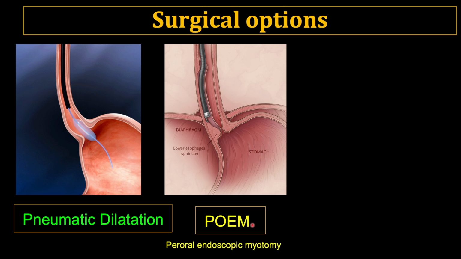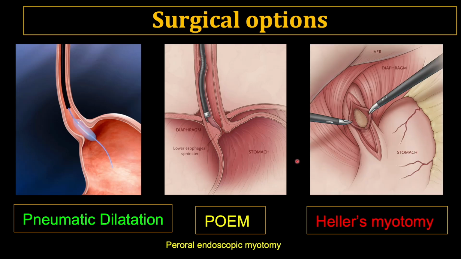Peroral endoscopic myotomy is an endoscopic procedure where a submucosal tunnel is made with the help of an endoscope and the lower esophageal sphincter muscle, made of circular muscle, is cut. Third one is Heller's myotomy. This can be done open or laparoscopically, where the lower esophageal sphincter muscle is cut longitudinally and